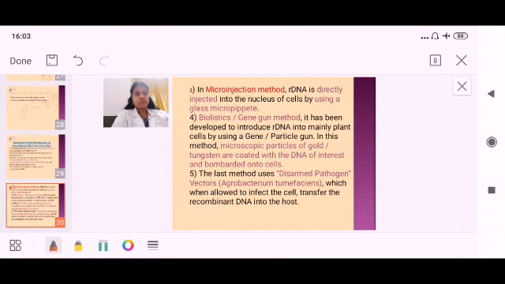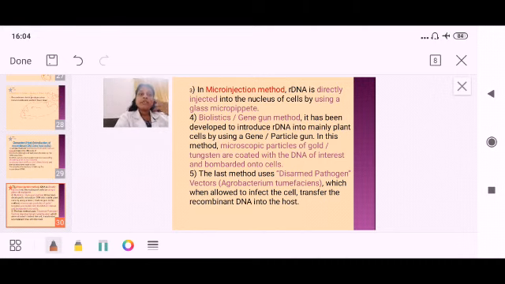Now physical methods we are going to discuss. What is a physical method? By some physical means. For example, microinjection. The rDNA is taken, and directly I am going to inject it. This microinjection, it's a very small rDNA, isn't it? So the injection, a very, very small carrying particle, is just introduced into the nucleus of the host cell, just like an injection I am introducing the rDNA. For injecting, I use a glass micropipette. With that, I am taking the rDNA and injecting it into the cell's nucleus.